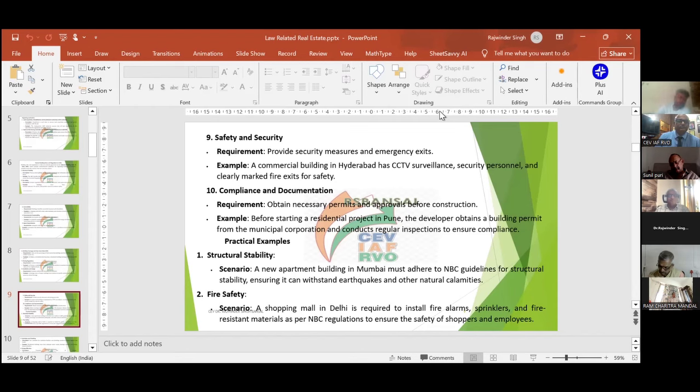So then compliance and documentation. Before starting the construction of a building, it has to be planned by an approved architect or by an approved engineer. Then this plan has to be approved from the competent authority. And even during the construction,